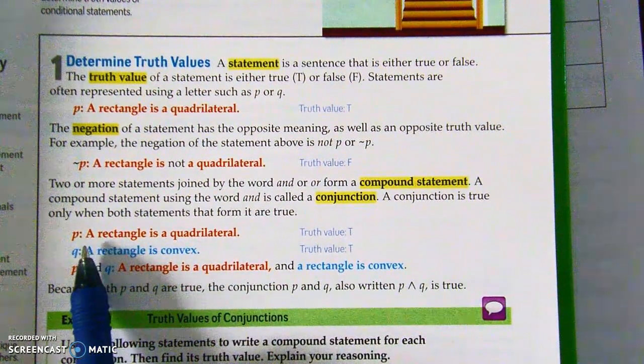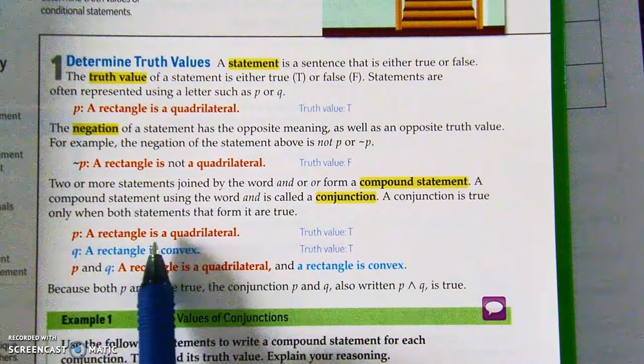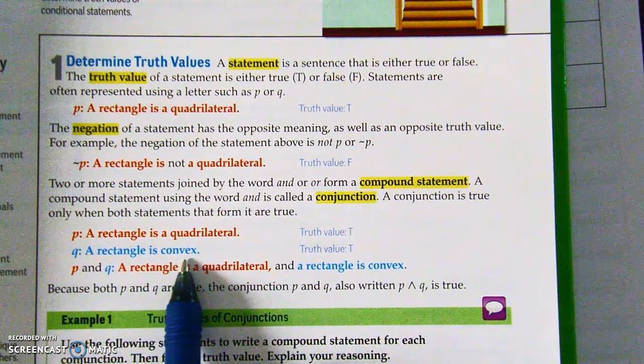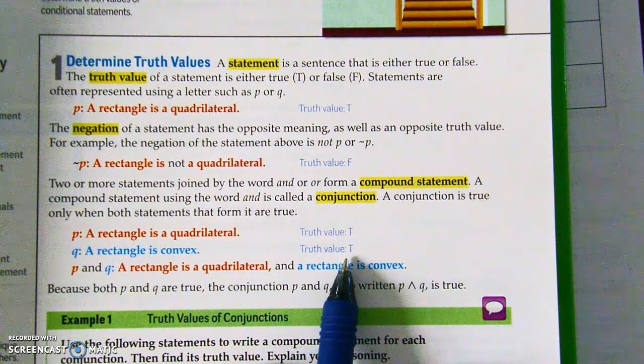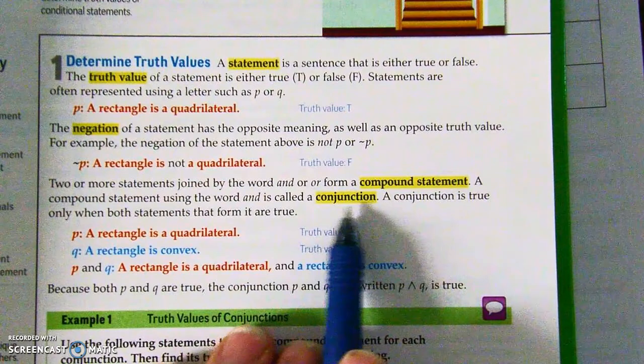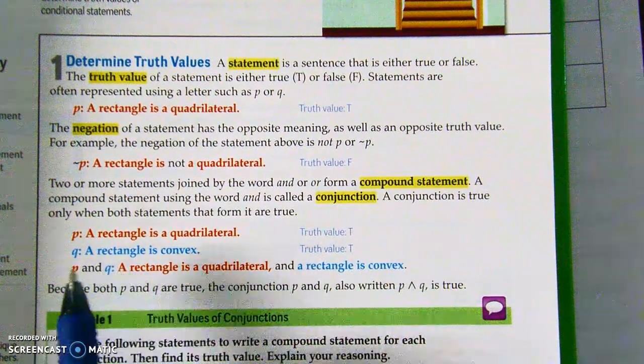Here's statement number 1: a rectangle is a quadrilateral. We know that is true. A rectangle is convex. We know that is true. Okay, now we want to use an "and," or a compound statement, or a conjunction, meaning, and I always think